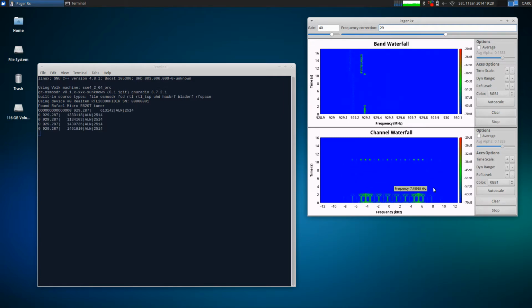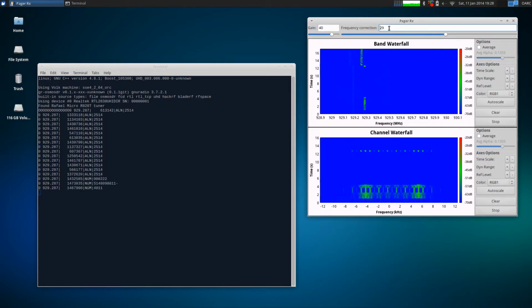If I wasn't tuned correctly, if I was too high or too low on this frequency correction, this signal would be shifted to the left or to the right. So you want to make sure your frequency correction is set so that all the signals that appear are right in the center. And now already looking over at the left, you can start to see some pages that were